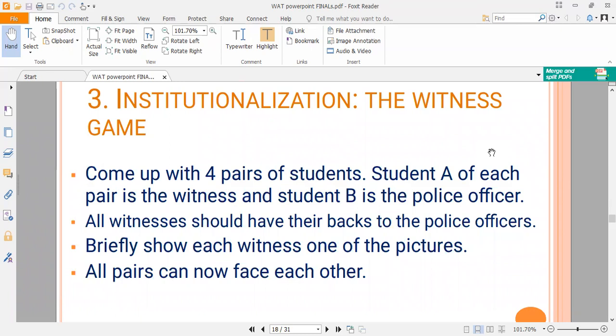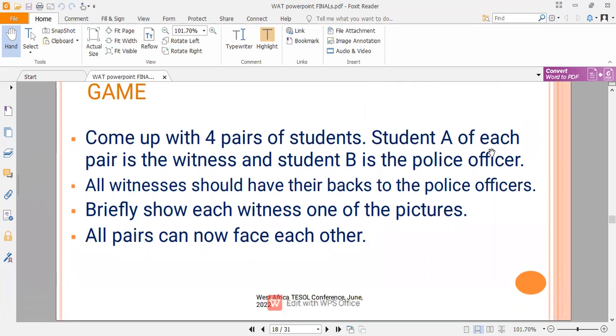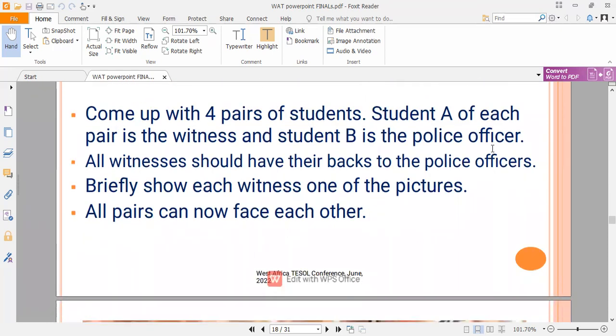For each pair, we had a student A and a student B. So student A of each pair was the witness and student B was a police officer. The essence of this game was to prompt the learners to be able to speak, to be able to describe visuals, to describe what they had seen, and